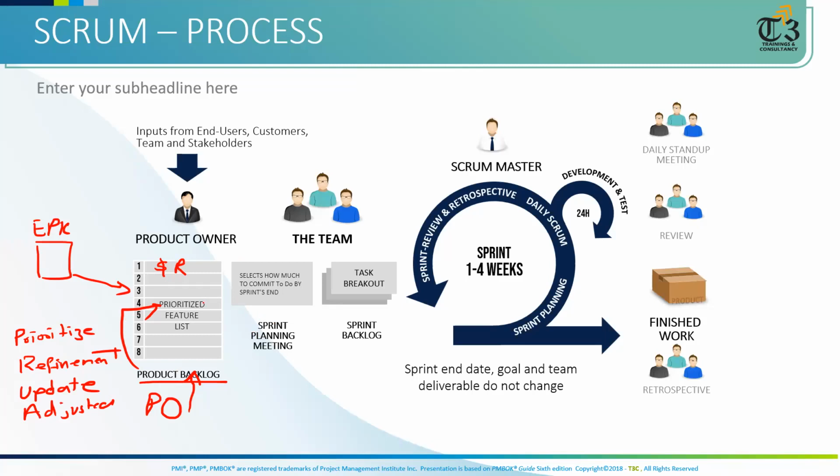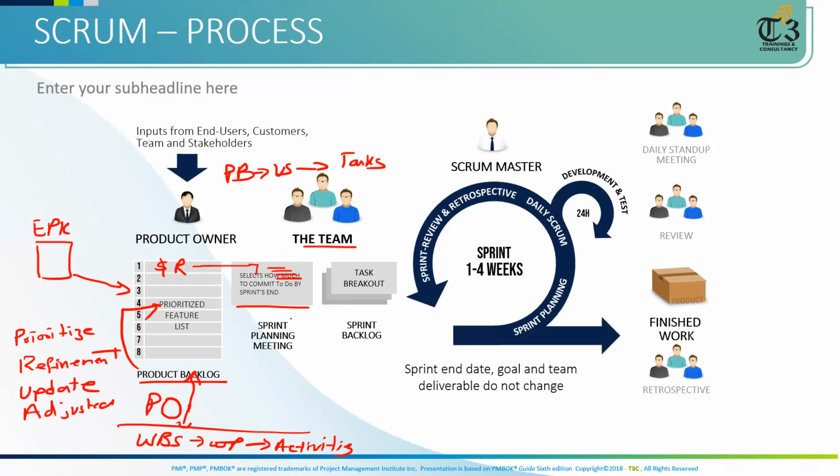Then based upon this fixed work, we will do the planning meeting. We, the team, will do the planning meeting where they will take the user story and decompose it into tasks. If you remember, this product backlog is actually the reflection of the WBS. In WBS, we have the work package, and here we have the product backlog with user stories. Here the work package goes into activities, and here the user story goes into tasks. So we will take the user story and decompose it into